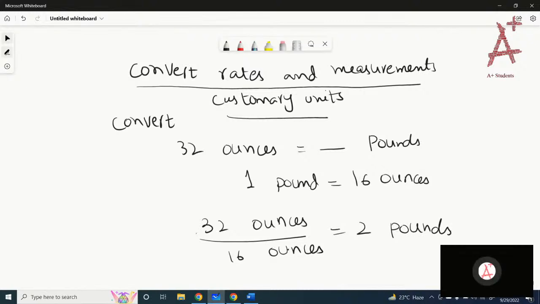Got it? You have to memorize these very basic units. We know that in 1 pound we have 16 ounces. Got it? Okay, the next one is